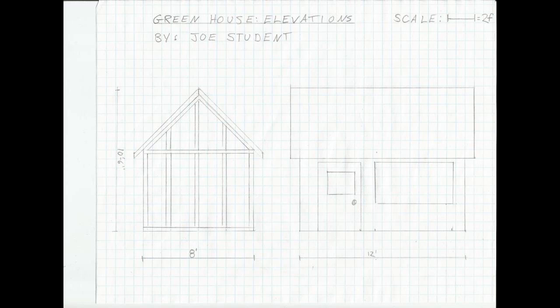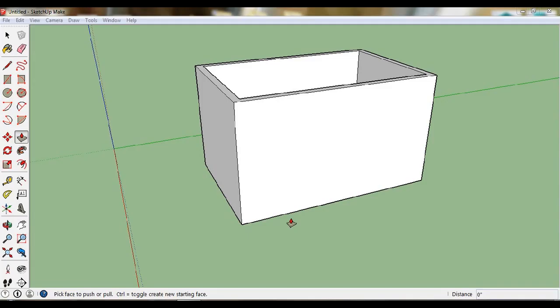Let's look at our plans again, and we can see that on one of the long walls we have a door and a window, which we'll draw now in SketchUp. Okay, here we are back in our SketchUp model. We're going to use the line tool to lay out where our door and our window go on this one face. So we're going to go to the bottom corner, and according to our plans we have 1.5 feet from